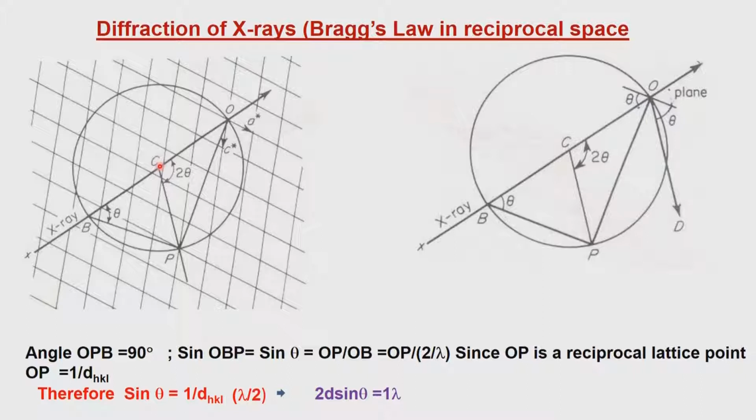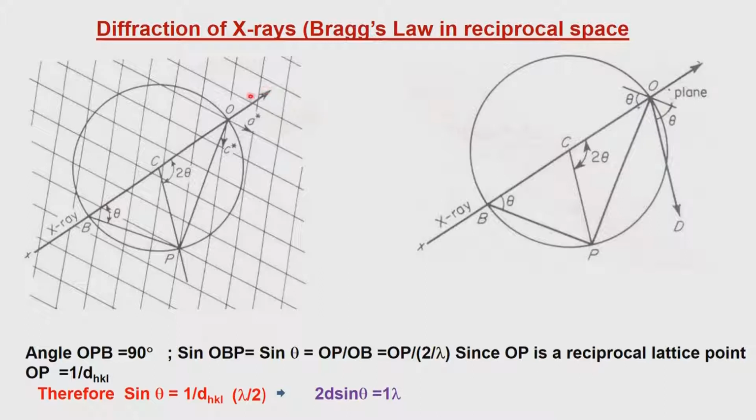So, we are now discussing this issue again in 2 dimensions, because of the reasons which we have been discussing on and off. The two dimensional network shown in the back is the reciprocal lattice network. We have the cell dimensions A star and C star and the angle gamma star between them. X-rays are passing through and there is a crystal kept here, so the scattering takes place. Otherwise, of course, we have the direct beam going through and through.